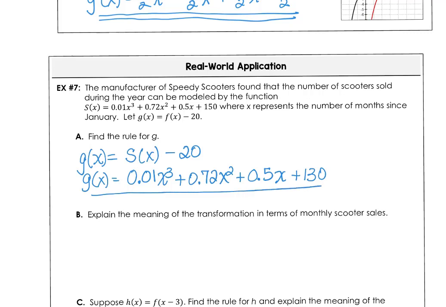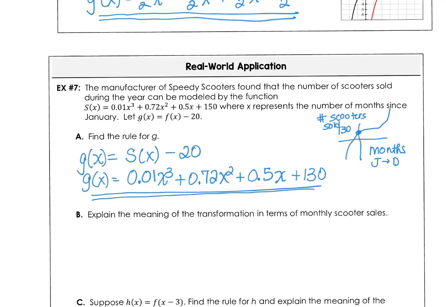This is our rule for g of x. And if you graphed that on the calculator, you should see some kind of cubic function that passes the y-axis at 130, and the x-axis represents the months beginning from January to December, and the y-axis is going to represent the number of scooters that were sold